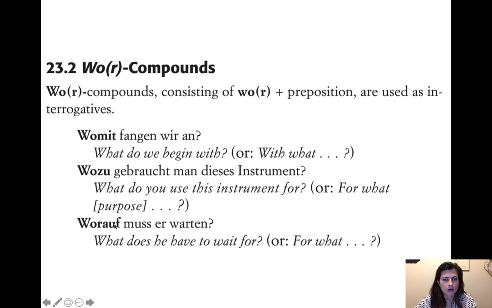So warten auf is to wait for. So auf and warten just go together, right? So you say worauf, for what does he have to wait? Okay,